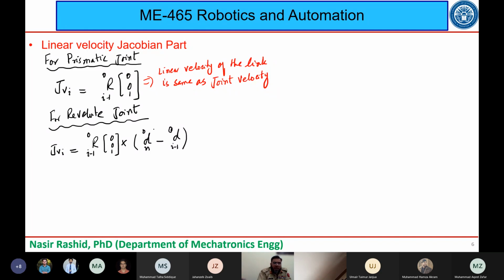ठीक है, अब let me just tell you ये क्या चीज है। This is the position of the origin, this is the position of origin of nth joint with respect to base।